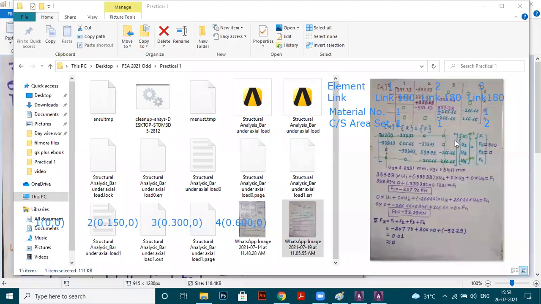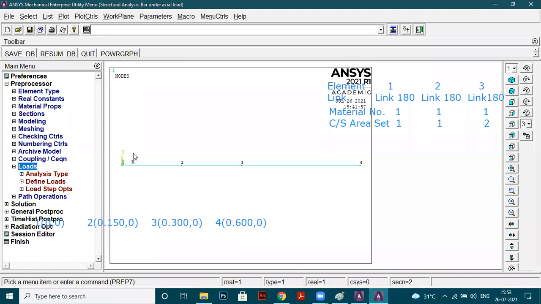Displacement at node 1 and node 4 is 0 because it is fixed. They can't move at node 1 and at node 4.